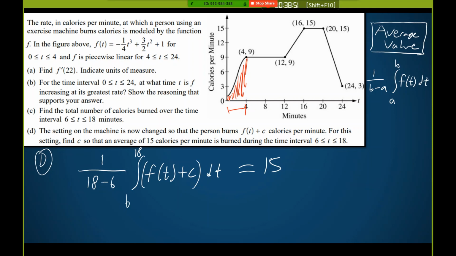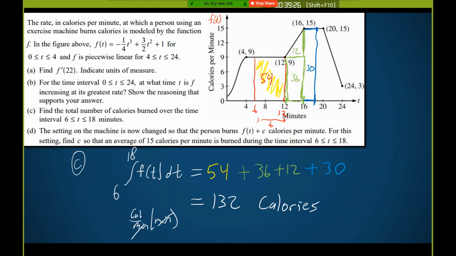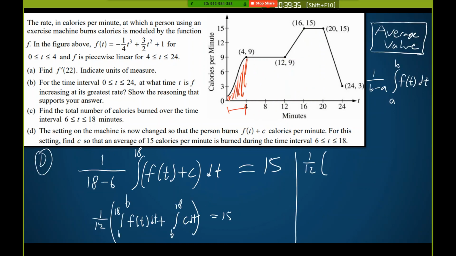So I can split this apart. This is 1 over 12 times the integral from 6 to 18 of f of t plus the integral from 6 to 18 of c in terms of time, should be equal to 15. And we actually already found the integral from 6 to 18 of f of t last time. The integral from 6 to 18 of f of t we said was 132. So we can substitute. So this is 1 over 12 times 132